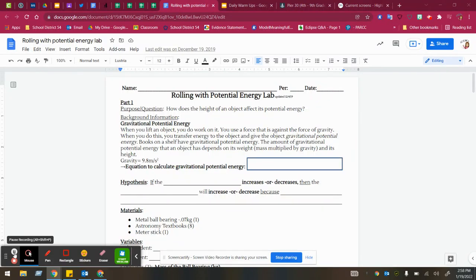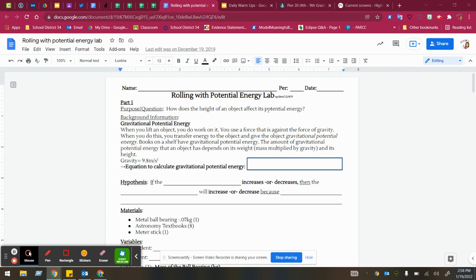Hey guys, if you are finding that you need support or help with part one of the Rolling with Potential Energy Lab, then listen up. We're going to go through each step here. First off, we're going to start with our purpose question, which reads: how does the height of an object